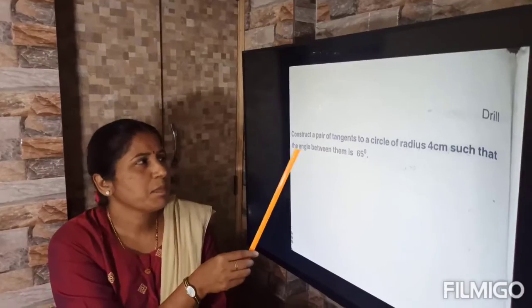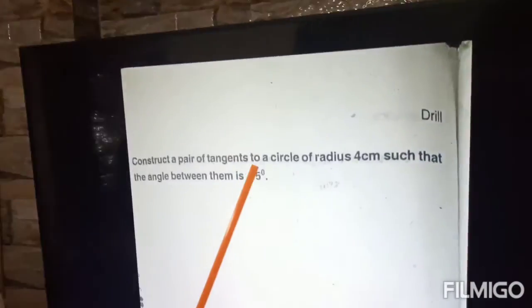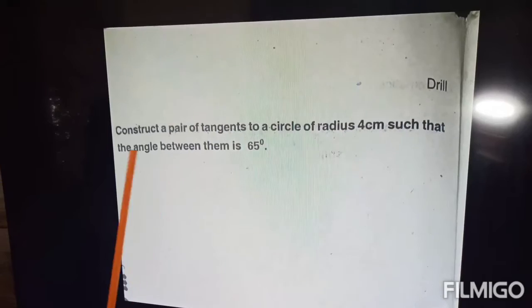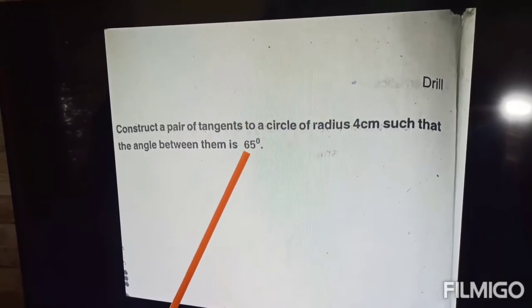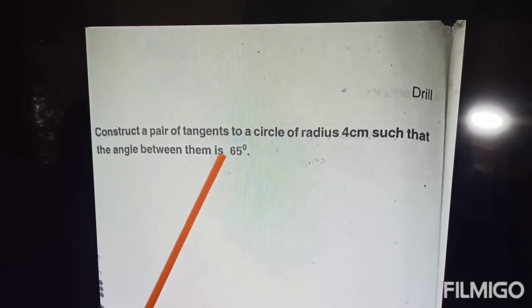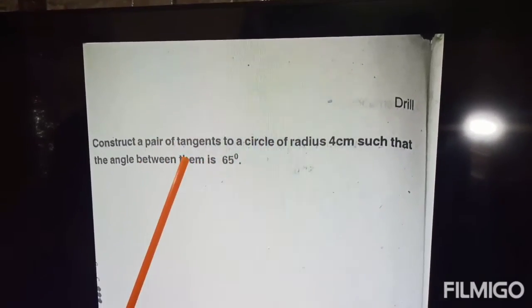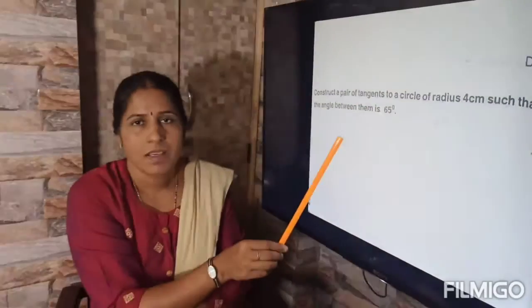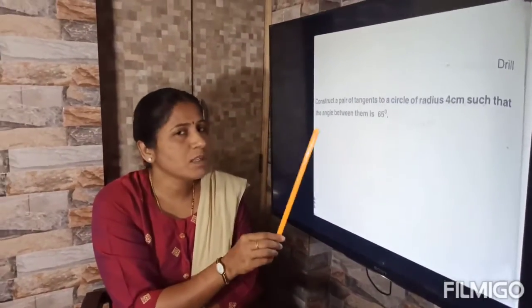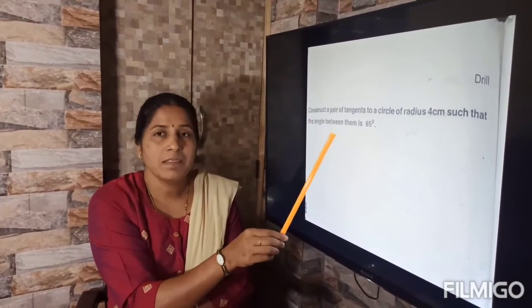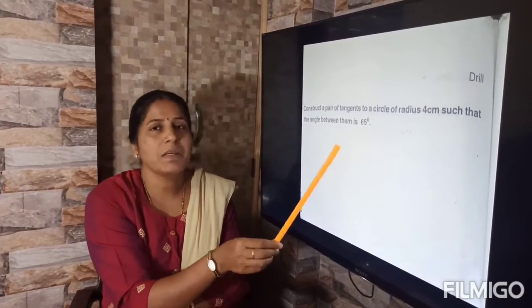Next example is construct a pair of tangents to a circle of radius 4 cm such that the angle between them is 65 degrees. Angle between them means angle between the tangents. Understand the question. Understanding of the question is very important here. Okay, angle between them is 65 means you have to